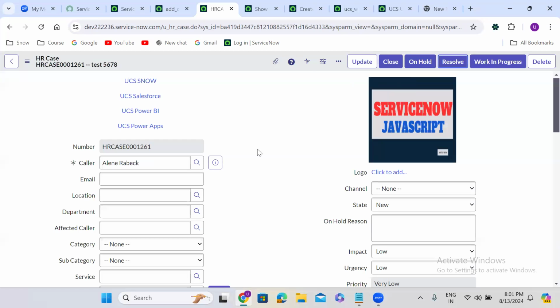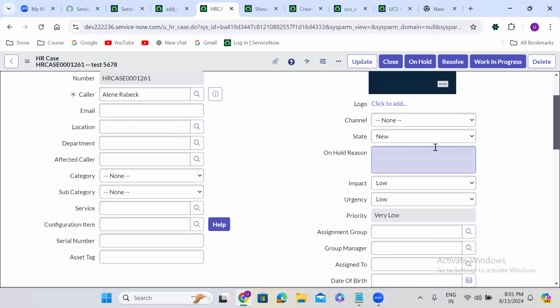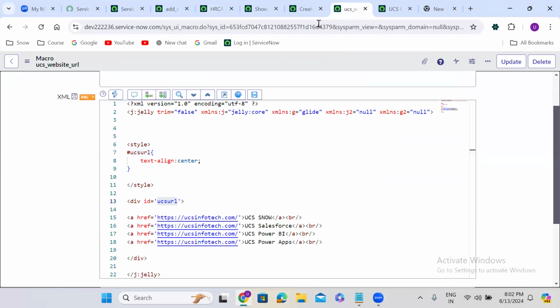Well, guys, these UI actions, if I want to show in the middle of the form, so I want to show this resolve button after the on hold reason field, then what I have to do? I have to create another UI macro,